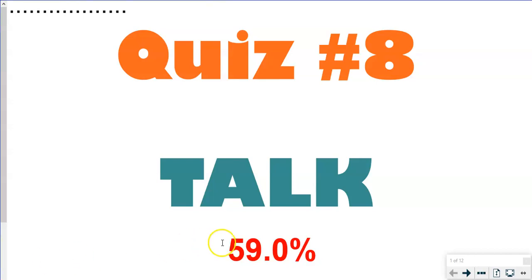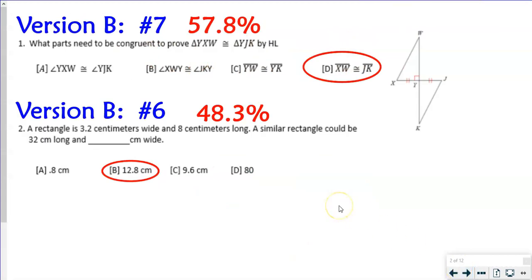So in this video, I'm going to go over quiz 8. The overall percentage on the quiz was a 59. If you did better or worse than that, that tells you where the whole group of geometry students did. Version B, remember this is version A, 1 and 2, but if you have version B, it's 7 and 6, okay? So those are our percentages on those two questions,